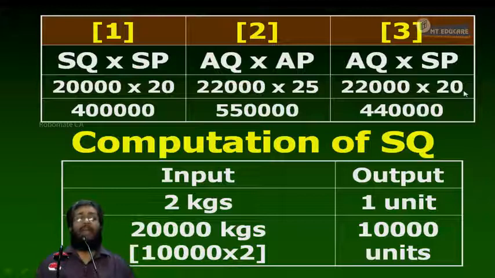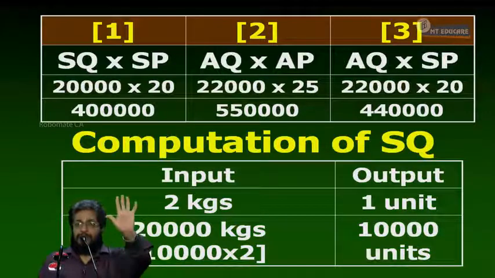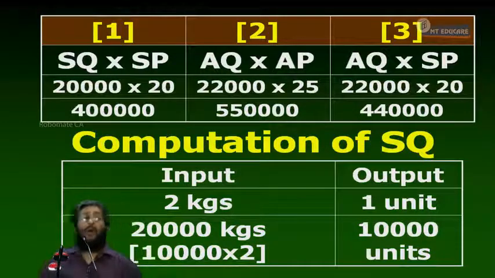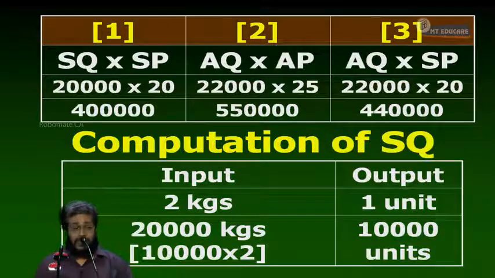20. I overpaid or underpaid? Overpaid. How much? For how many kgs? What is the variance of price? 1,10,000 adverse. Next. I have consumed how many kgs? 22. I should have consumed 20. Over or under consumption? Over usage. How much is it? 2,000. Into how many rupees? 20. Gives you what? 40,000 adverse. Cumulatively we are getting the raw material variances.